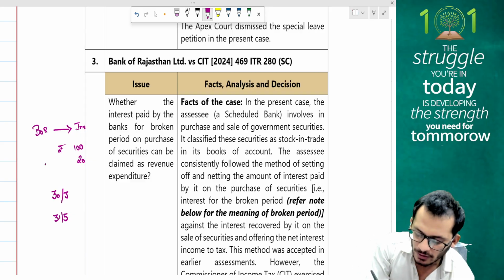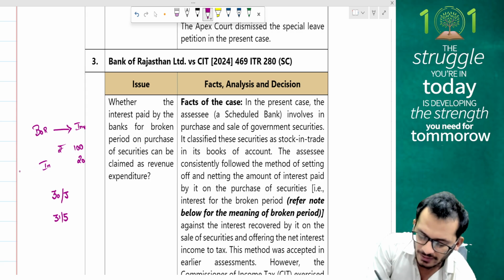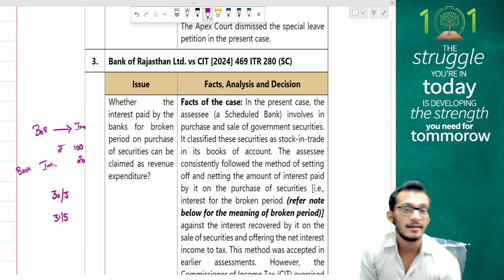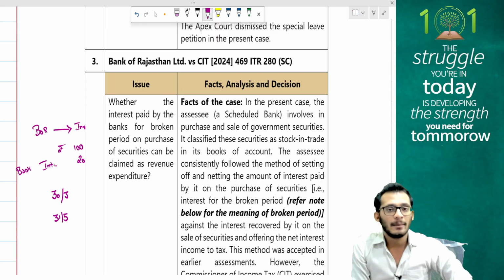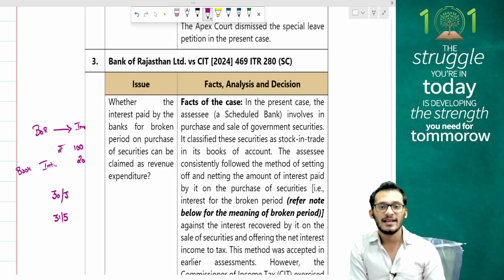This interest is what is normally called broken period interest. What is it called? It's called broken period interest. I hope everyone is clear till here. Yes. Now, for this broken period interest, the assessee took a contention and said, this looks